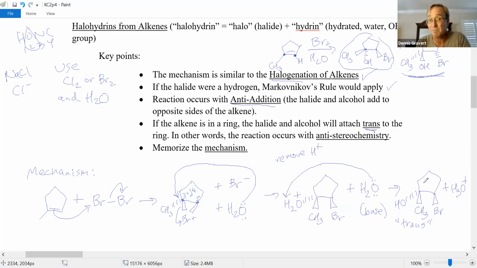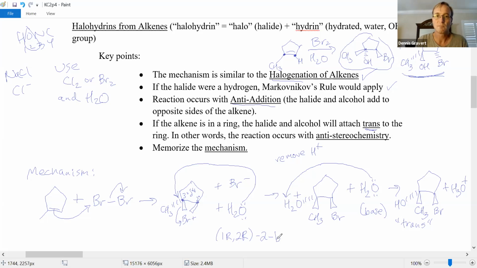However, if you need to name this, you cannot use the word trans in your name. When you use the word cis or trans in a name, it says, how are the 2 identical groups related? And an alcohol and halide are not identical. So you can't use the name. Did I name this? I did. And so if you want a name, I believe the name would be 1R, 2R,